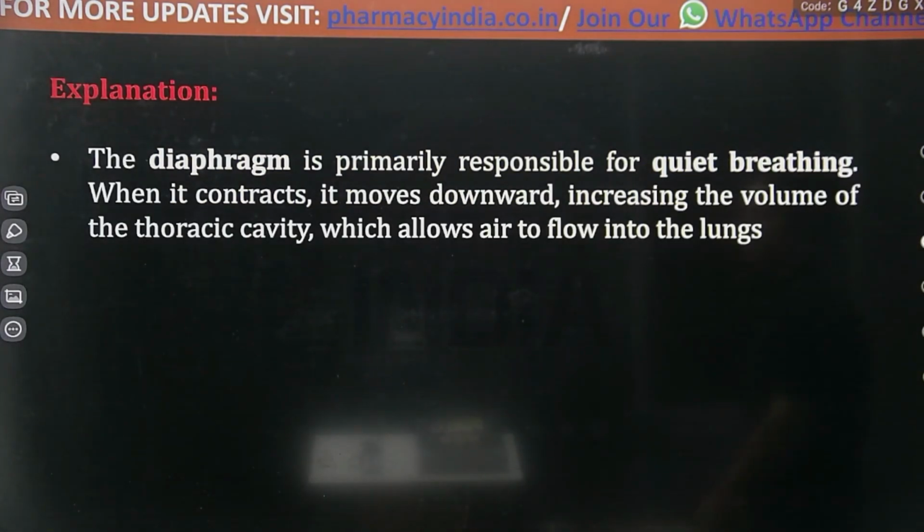The diaphragm is primarily responsible for quiet breathing. When it contracts, it moves downward, increasing the volume of the thoracic cavity, which allows air to flow into the